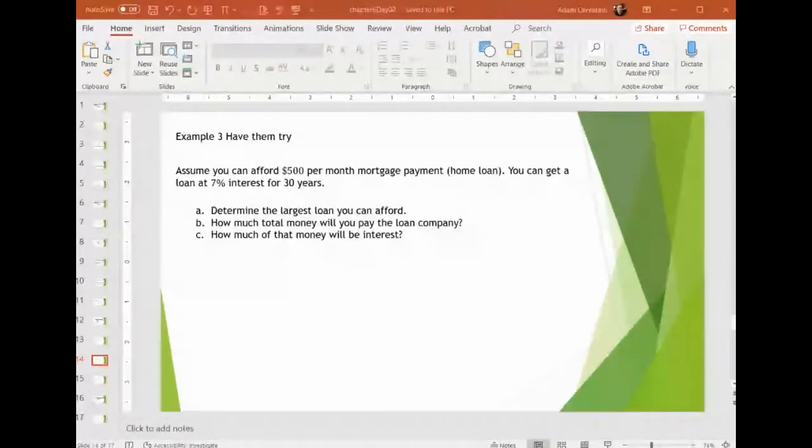So this one, I think I'm going to have everyone try, okay? It's very similar, except now I'm saying that the monthly payment is $500. The interest is at 7%, okay? So it's a higher interest rate, and the monthly payment we can make is less per month, but it still goes on for 30 years. So what I want everyone to do now is take about 5 minutes to do this. You can use that TVM solver. I did it through the solver and the formula, if I remember correctly. And then B and C figure out as well. Okay. So let me stop the recording, give you guys about 5